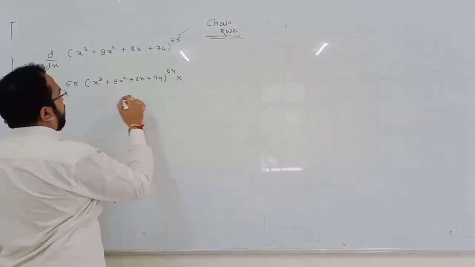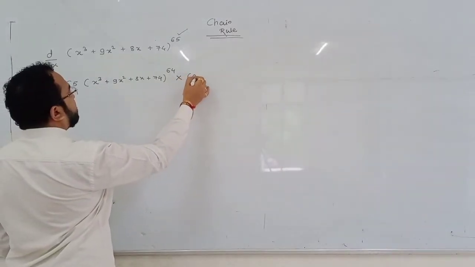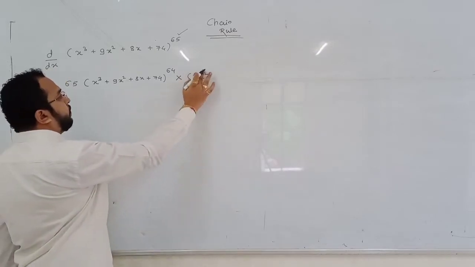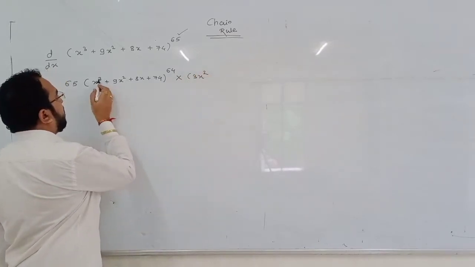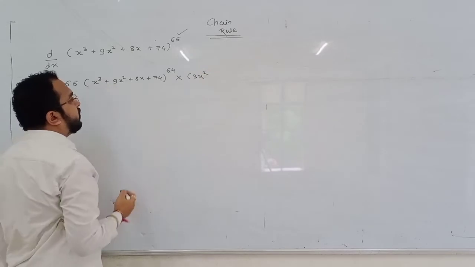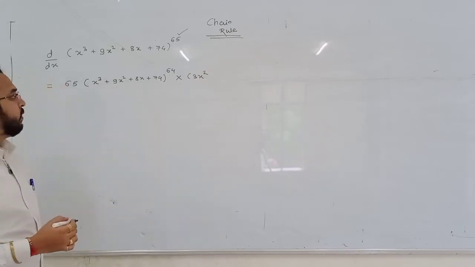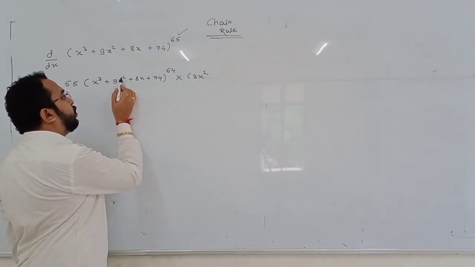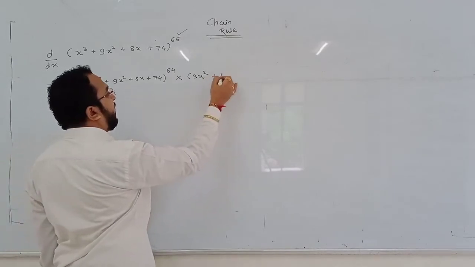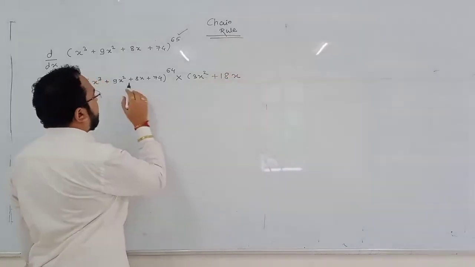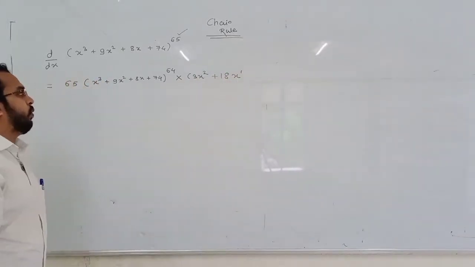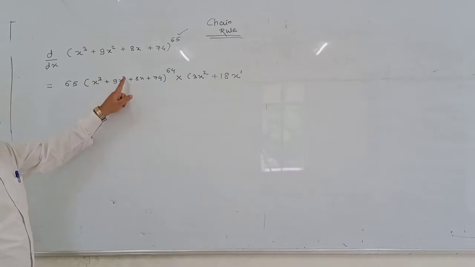So what is the differentiation of x cube? It is 3x square. Take the power in the numerator and reduce the power by 1. Then here this 2 will come to the numerator. 9 into 2, 18. It will be 18x. This power 2 will become 1 now, because 2 minus 1, reduce the power by 1.